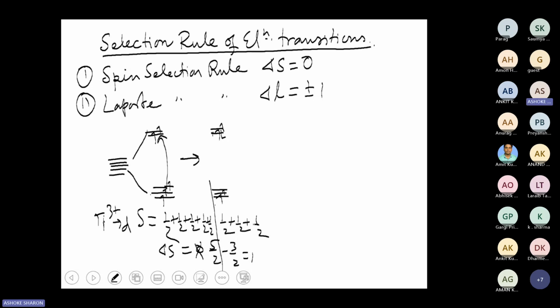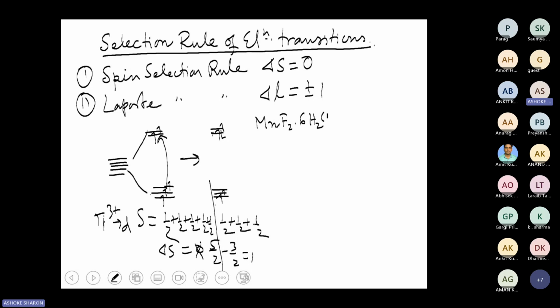So if I say that it is a D5 system, but the condition is that it is D5 high spin, so that all the 5 orbitals before the transition are singly occupied. In that case, the transition is not allowed. So what is the example? Example for this is